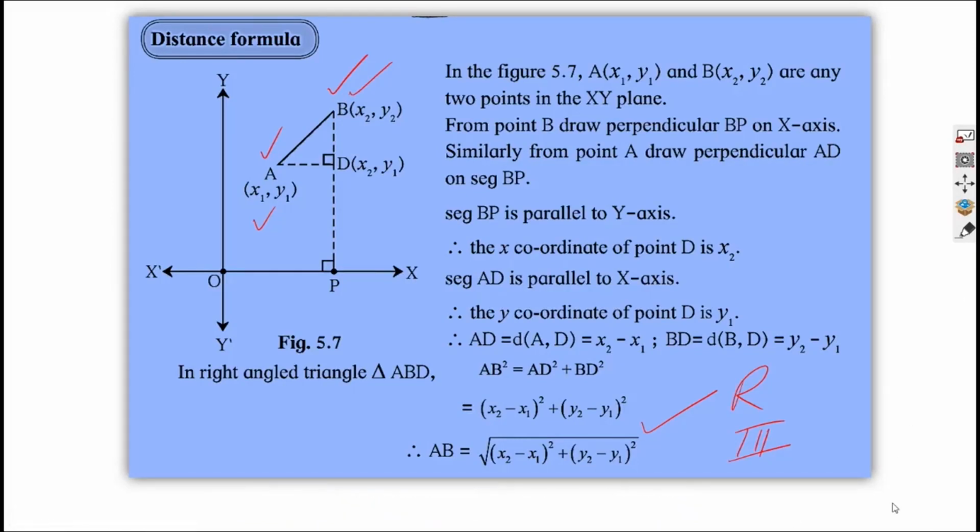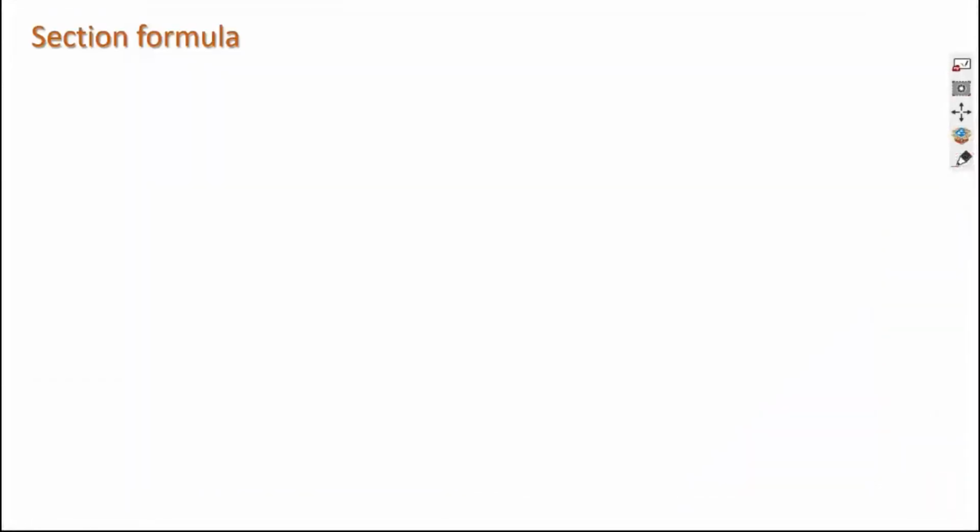So you remember the concept of ratio. Let us go ahead and learn what the section formula tells us. Section formula, as the name indicates, tells us how to find the division when a segment is divided into 2 or more